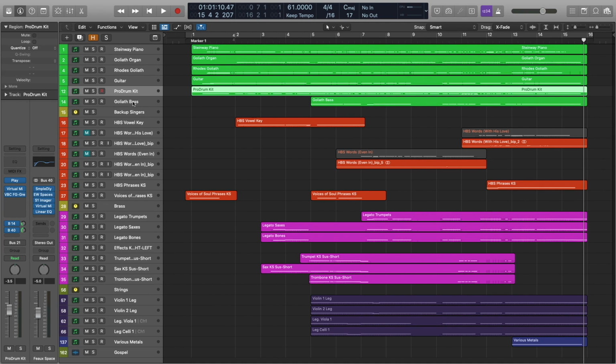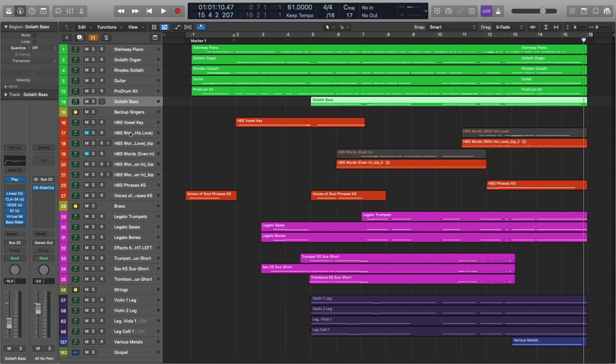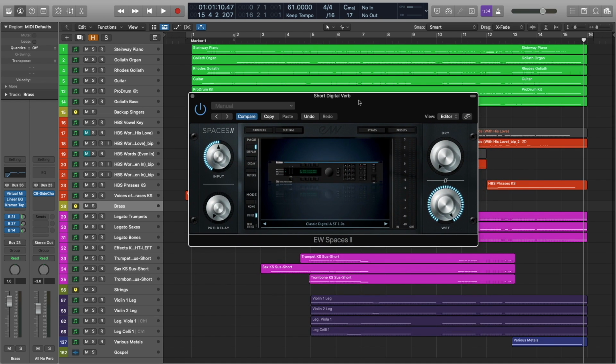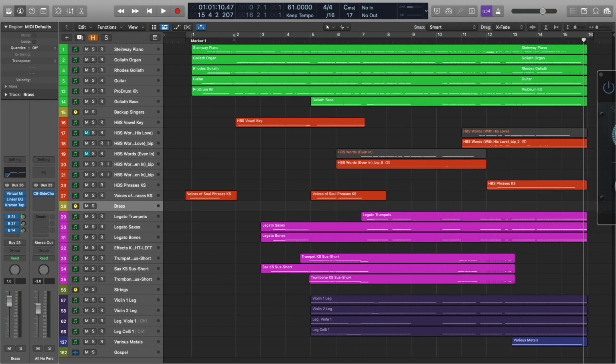Now, bass is not being sent to anything, because you typically don't send bass to reverb. The vocals are being sent to the stage verb, as well as to a stereo delay. Brass is being sent to a short digital verb that's in Spaces 2, the classic digital A with the 1 second tail.